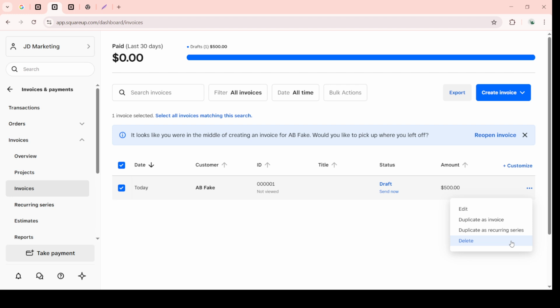Select Delete, and you may be prompted to confirm your choice. This is an essential step, as it acts as a safeguard against accidental deletions. Confirm that you indeed want to delete the invoice, and just like that, you've successfully removed an invoice from your Square account. It's a simple process, but it's always best approached with a bit of caution to ensure you're deleting